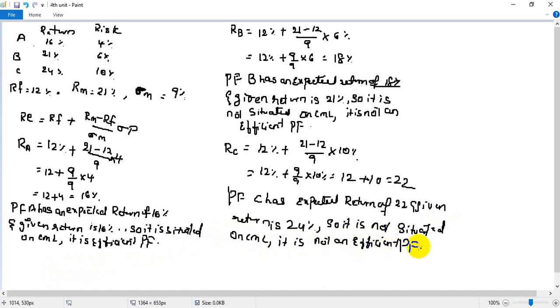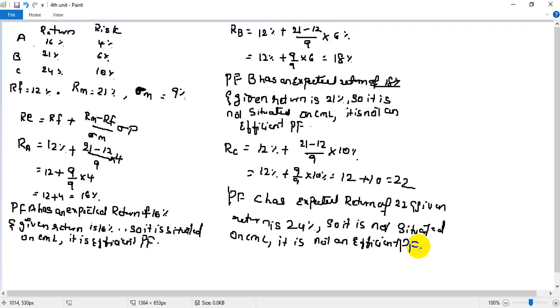This problem will be asked for 12 marks, guys. It doesn't look like a long answer, but it's very easy. Your entire IM subject problems will be very simple. The only thing is you have to remember the formulas.